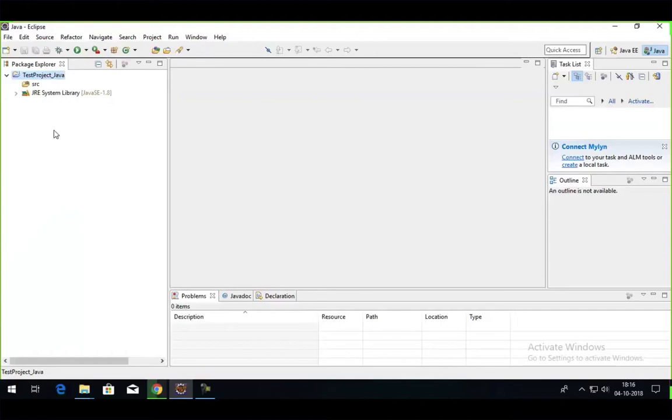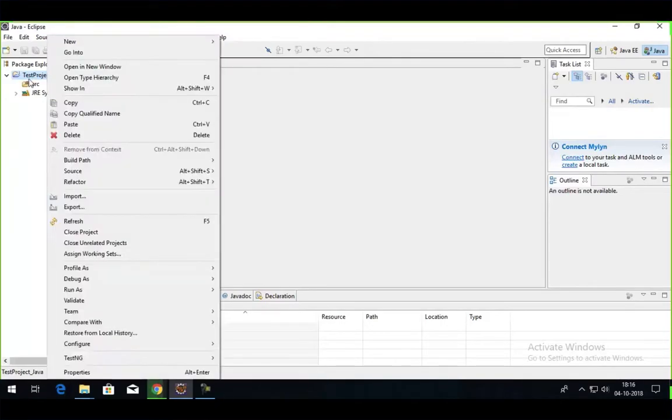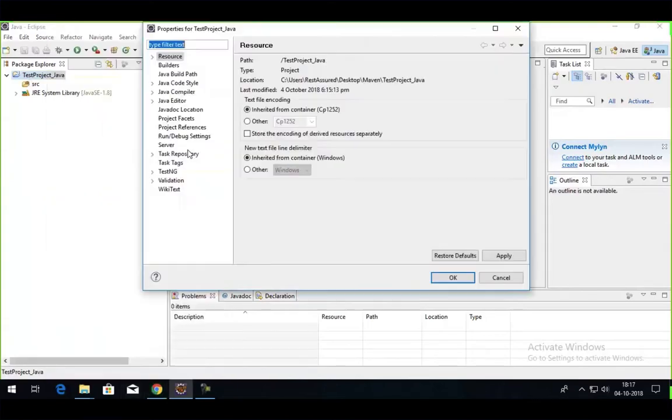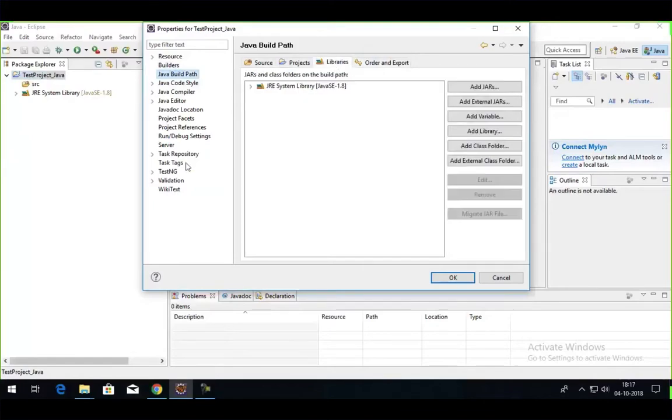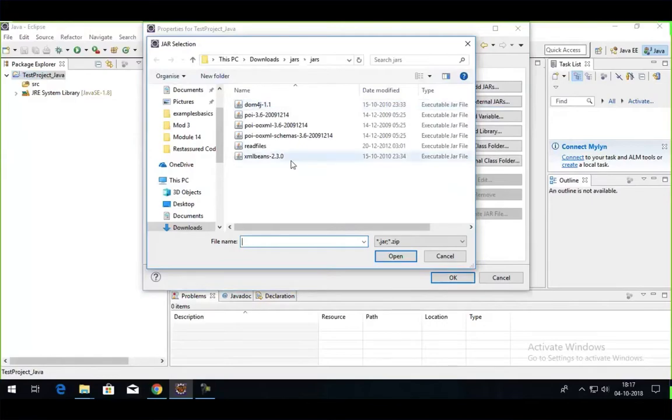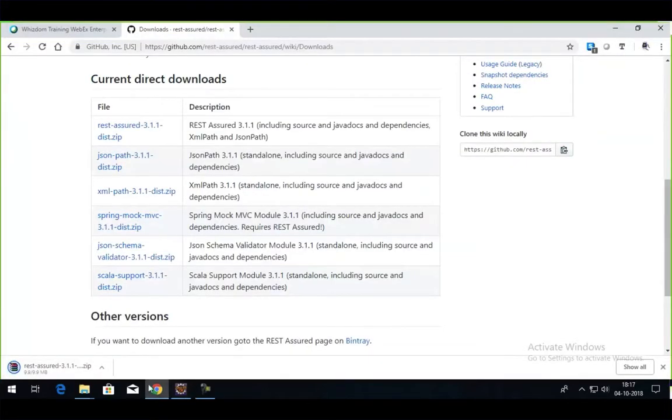After downloading it, you have to add it inside a project. How will you add it? You have to right click on your project, go to Properties, go to the section called Java Build Path. This is the third option, and go to Libraries. In the libraries, on this right hand side panel, we have an option to Add External JARs. I have to click on it and select the files that I want to add. The file, I believe it's downloaded, and okay, we'll work with this. I also have already downloaded this file.